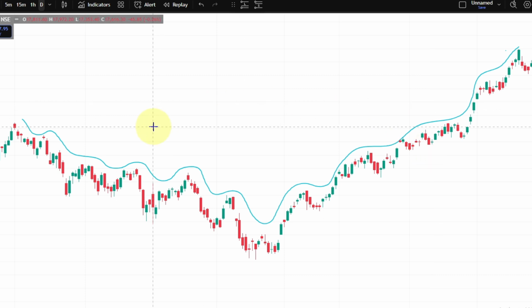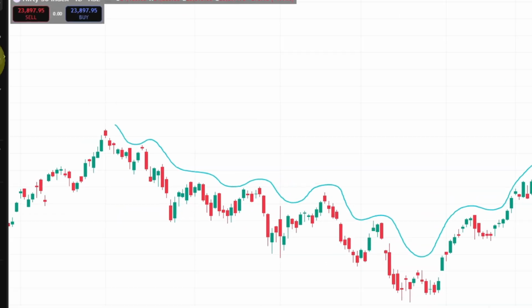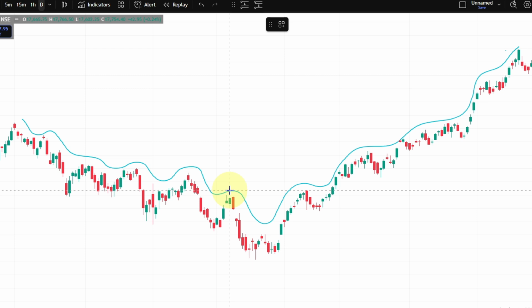Okay, so now let's understand when the market is shifting, or the character of the market is changing. See, all the highs are forming in a lower direction in the downtrend, but this time you can see this high is higher than this high. If I draw a trend line from here, you can see this high formed above this high, meaning here we can witness a change of character, or CHoCH, meaning the character of the market is now shifting.